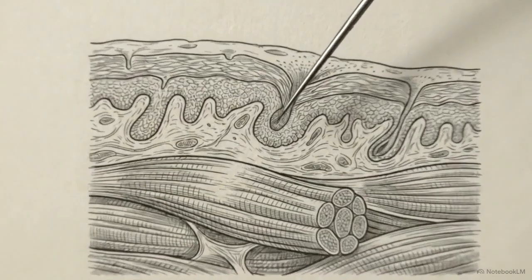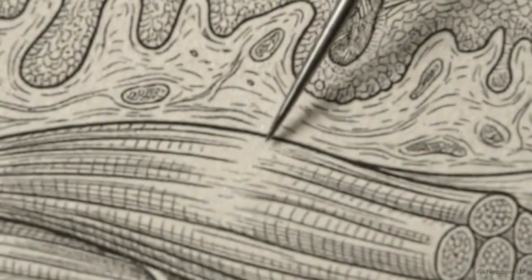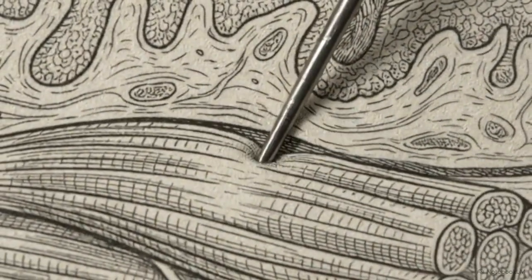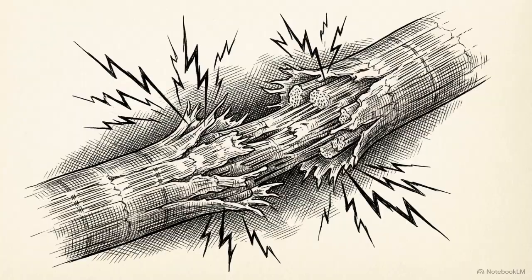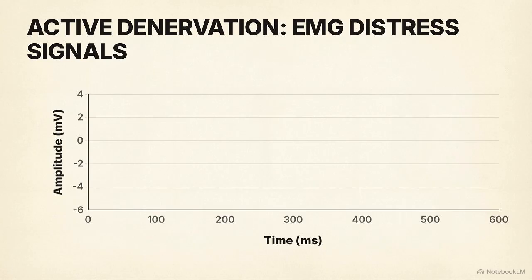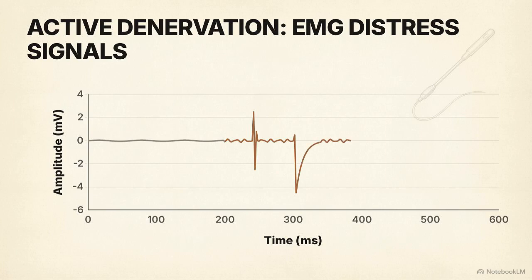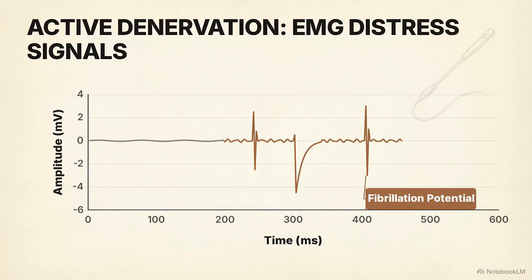An EMG involves piercing the skin with a fine needle electrode and advancing it directly into the skeletal muscle bundle to record localized electrical activity. To confirm ALS, clinicians must look past the gross anatomy and directly measure the electrical distress signals of dying tissue. In a healthy baseline state, skeletal muscle at rest is electrically completely silent. This readout shows an EMG trace. When a lower motor neuron dies, the silent baseline is interrupted by sharp, erratic electrical spikes, indicating active denervation. These spikes, known as fibrillation potentials and positive sharp waves, represent the spontaneous firing of orphaned muscle fibers.